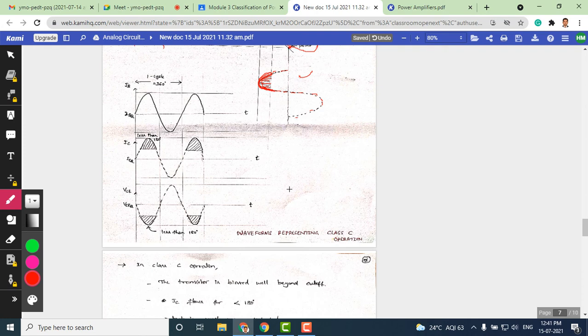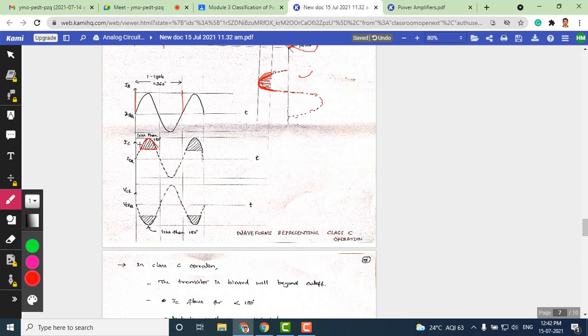Now we will see both input and output waveforms simultaneously. This is the input waveform or base current waveform. As you can see, we have shown a full cycle, the entire one cycle, which is 360 degrees, starting from here till here. That is one cycle, 360 degrees of input. But look at the output. Since the Q point is located below the x-axis, only where the input waveform lies in the active region do we get output. This portion is produced. So it is less than 180 degrees.